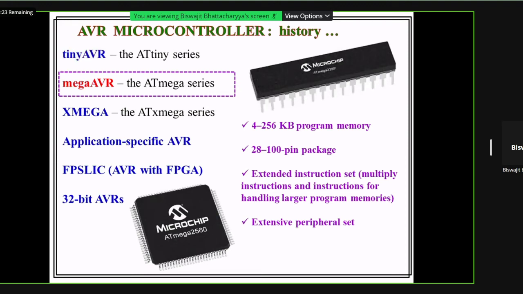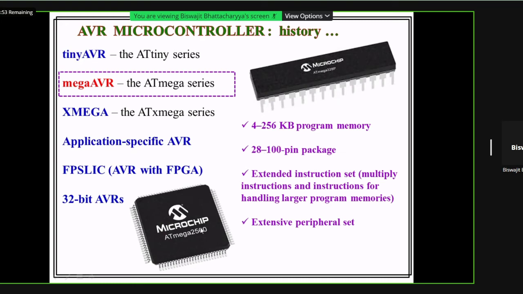Okay, next is the Mega AVR. Examples are the ATmega 328P and ATmega 2560. The ATmega 328P is the heart of the Arduino board, the Arduino Uno.